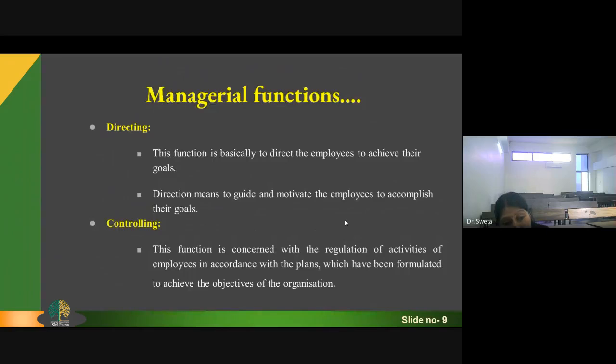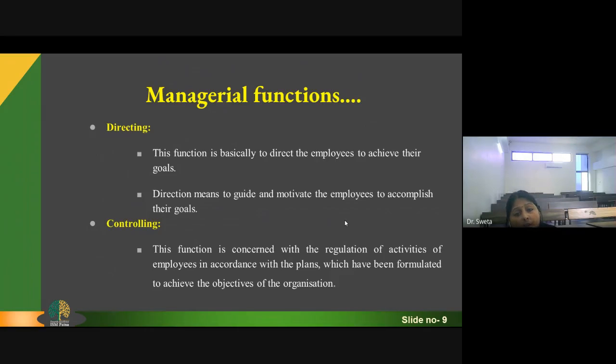Then comes the staffing. We need to identify which manpower is going to take the responsibility of what activity, and this should be finalized and well coordinated. Okay, so this is the staffing, means we need to place the right person at the right job. After that comes